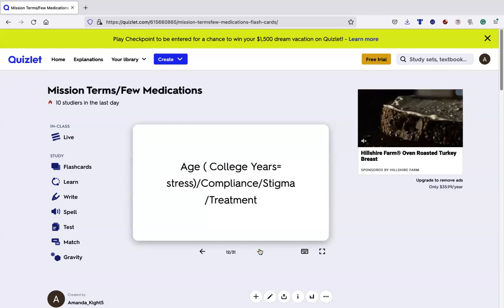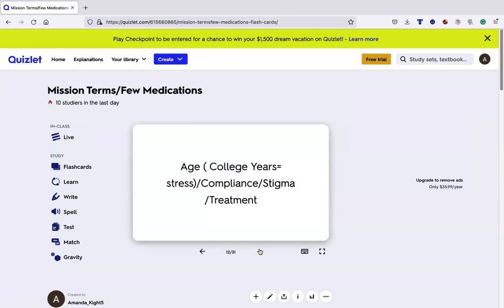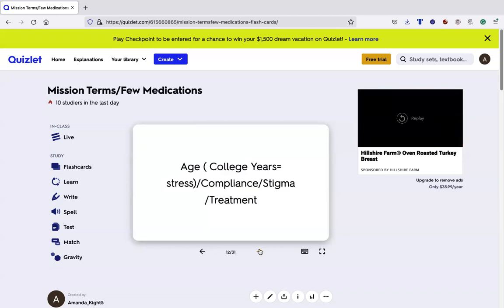So here, if you have that predisposition for schizophrenia, a lot of the time why we see it in the college years is because it's usually, not always, but usually the most stressful time of your life while you're in college. So we do see the occasional child or older person, because we can go to college when we're 75, right? So this is usually linked together, and I just thought that was interesting.